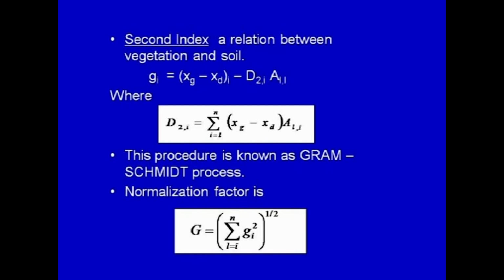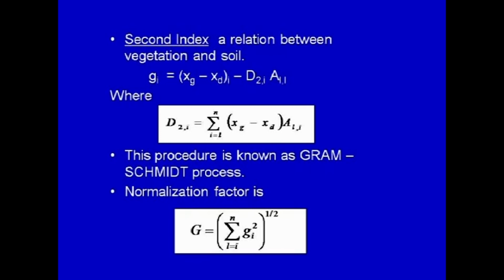What we do is subtract the green brightness value from the dry soil on each of the bands, and now subject it to Gram-Schmidt's orthogonalization, a sequential approach, wherein we are going to abstract the brightness component which may be there in the information, which is represented by a factor D2I multiplied by A11. A11 is nothing but the coefficient that we have derived previously for brightness,